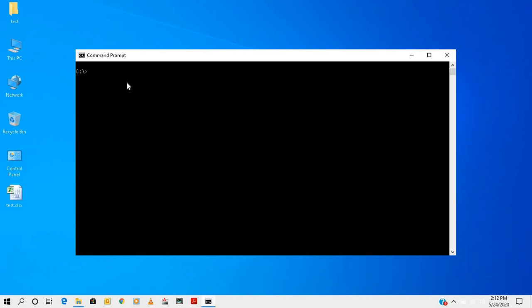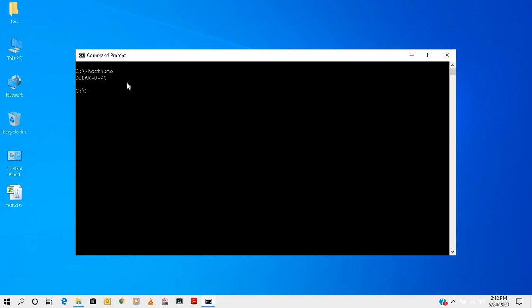Here we can use some commands, two or three commands I will show you. First of all, if you want to know your computer name, you just put here hostname. The command is hostname. If you put this command, it will show your PC name or your computer name. So suppose your computer is on a network or you want to tell somebody your computer name, you can just use this command.